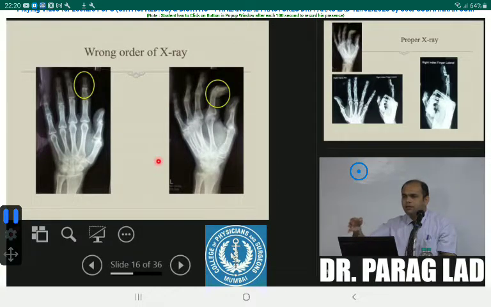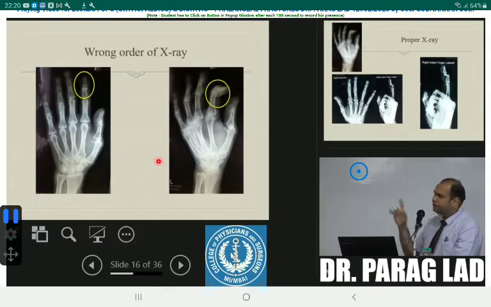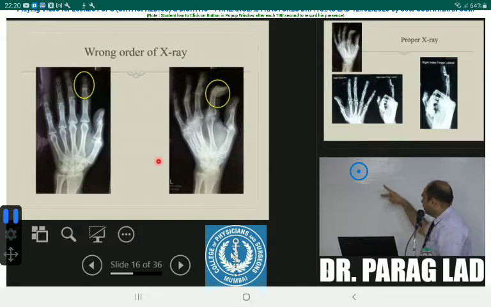Okay? Because many times we argue that if there is a one finger injury, you can take lateral X-ray and AP X-ray. But if there are two finger injuries, and if you do lateral X-ray like this, they will overlap and we will not come to know. So two finger X-ray, we do X-ray like this. Suppose this is the plate, this is the X-ray. If there are three finger X-rays, we do like this.